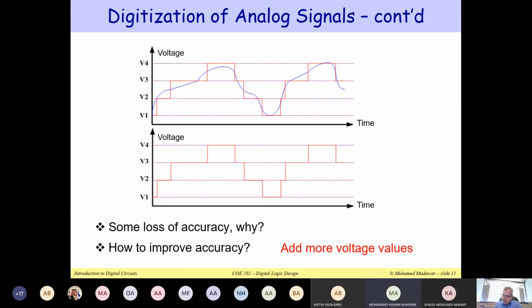Yeah, but you will still distribute them over the same range, right? Exactly. So now you can have something between V1 and V2. So V2 can be closer to V1, and V3 can be closer, and so on. And so we can have V5, V6, V7, V8. So basically, we can have these voltage levels closer to each other, and therefore we can have a more precise number, a more accurate representation of the digital signal.